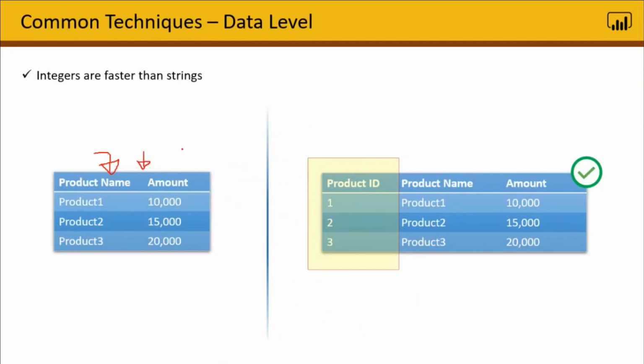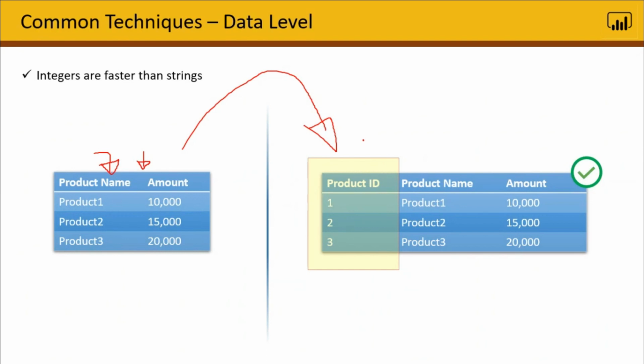And whenever you get into a string comparison, for all you old database guys, I'm sure you might be raising your eyebrows saying, hey, who does that? Well, you definitely don't want to do something like that, because it is going to be doing a string comparison, which is going to be much slower performance-wise compared to what it would be if you do this. So if you just change that table a little bit and then apply this product ID,